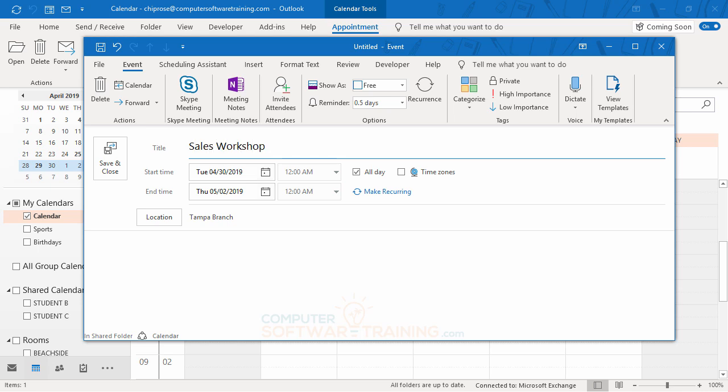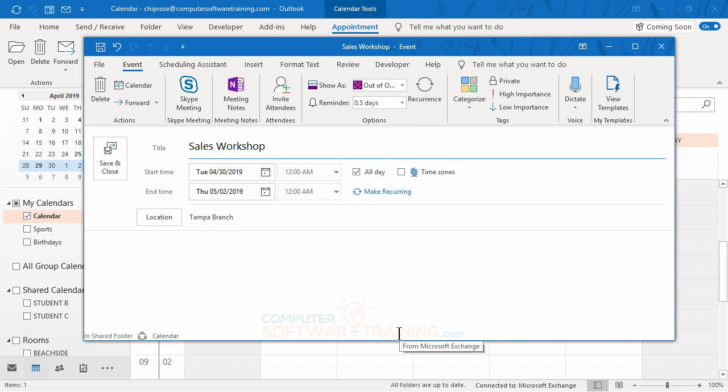Okay. Now you have to watch this. I don't know why it does this, but it just does it. On here, it says show as, and it says free. Now, what that means is that once you put it in there, if somebody were to want to schedule you, or schedule me in this case, for a meeting, and they happen to want to do it during this time span, they're going to look at that and say, oh, it looks like he's free during that time. No, I'm not free. What I need to do is change that to being either busy or out of the office. I mean, if I'm going to be in a different locale, I might as well say out of the office,